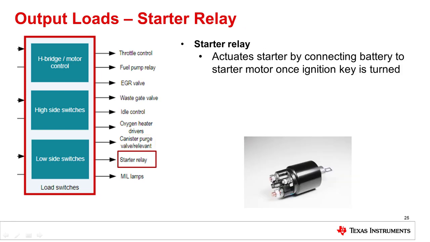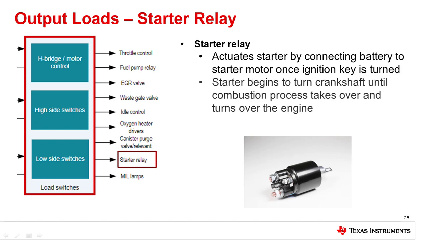The starter relay actuates the starter motor. The positive of the battery is connected to both the starter motor and starter relay. When keys are turned into the ignition, it closes the connection and sends current into the starter relay, which then closes the connection to send current into the starter motor. The starter motor then spins the crankshaft to begin moving the pistons until the combustion process takes over